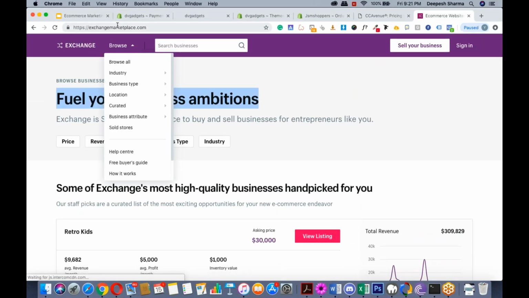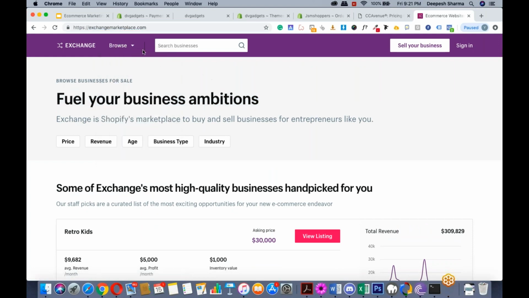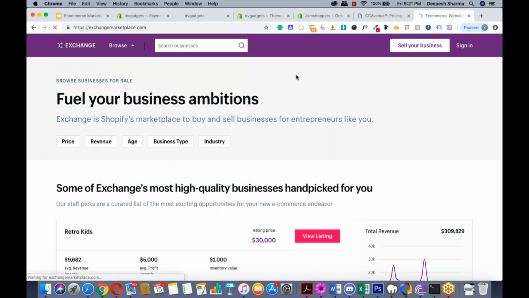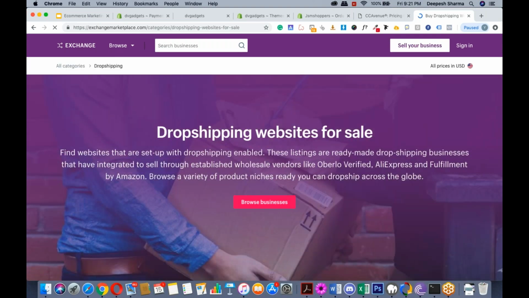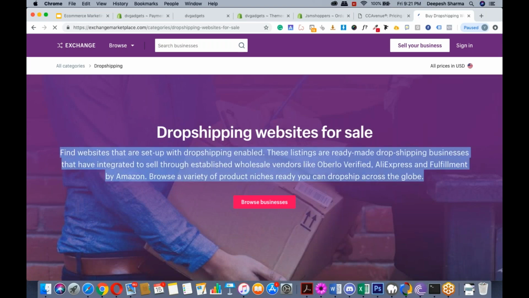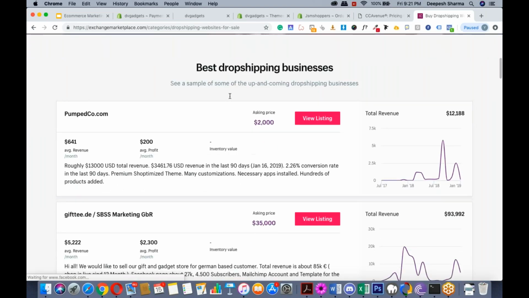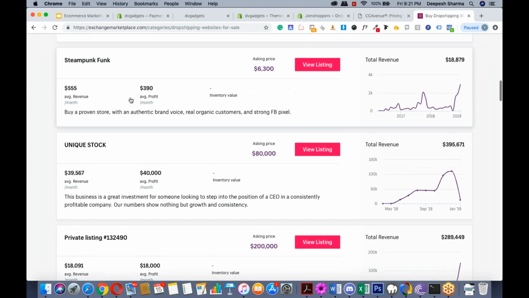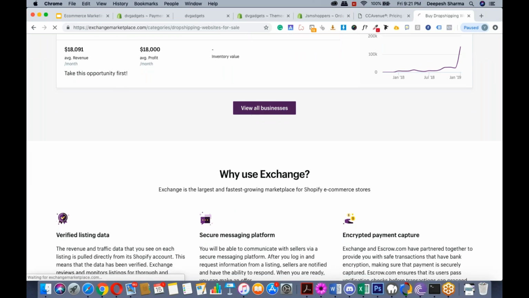So this is called exchangemarketplace.com or exchange.shopify.com. If I go ahead, browse, click on business types and click on drop shipping, you'll see these are the drop shipping stores. This exchange marketplace is a marketplace where people list up stores for sale. You could see a lot of different websites. So if I go to view all businesses,